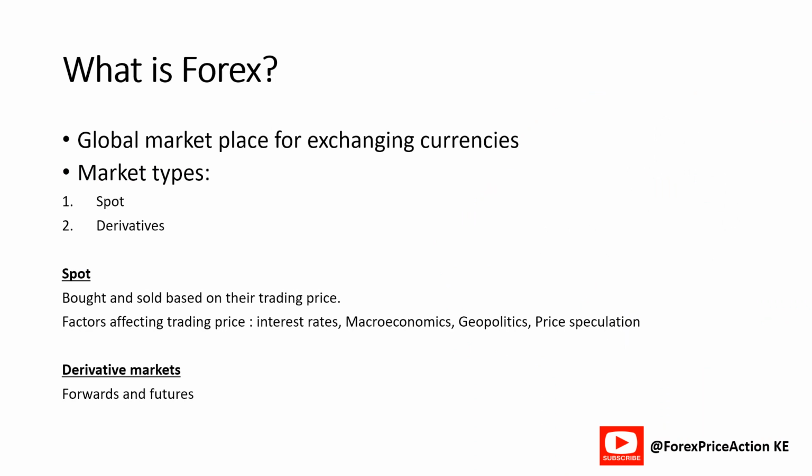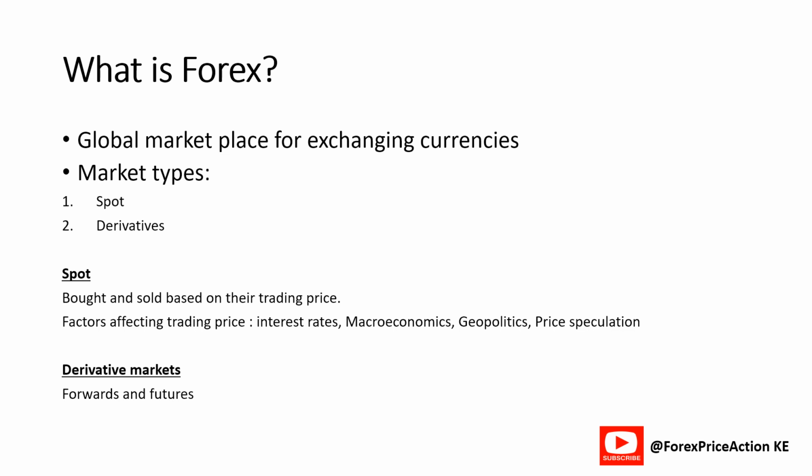Forex basically is the exchange of currencies, and we have two major market types. We have the spot market and the derivatives. The spot market is where currencies are bought and sold at their trading price. This is what you see in your typical commercial bank, like when you go to a counter and you have Kenya shillings, you want the dollar. That's basically spot. And actually, most banks in Kenya make their money through spot